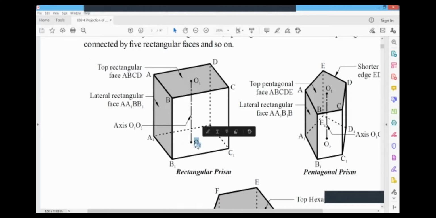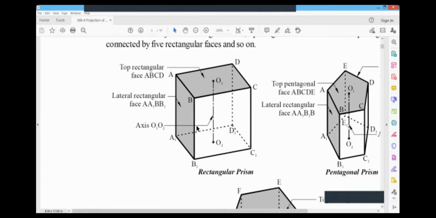On the base plane, I'm naming it as O2. And that line which is joining from O1 to O2 represents the axis, which is an imaginary line. And these representations of front view, top view, everything is done because we are assuming that it is a glass box and representing the front views and top views, because these visible edges and hidden edges have to be marked properly. So it is very, very important that you mention these positions properly.